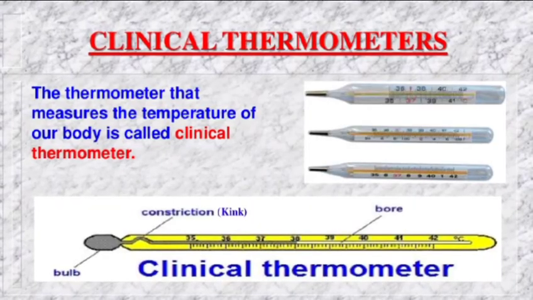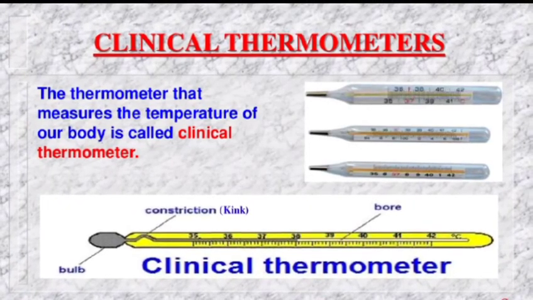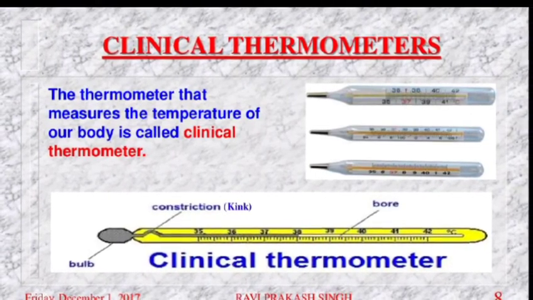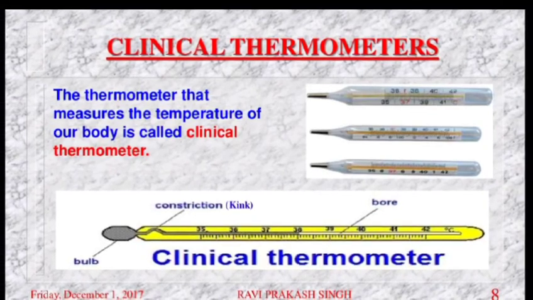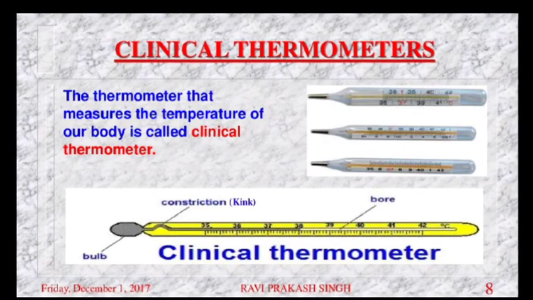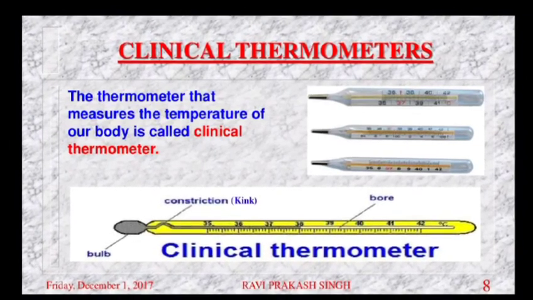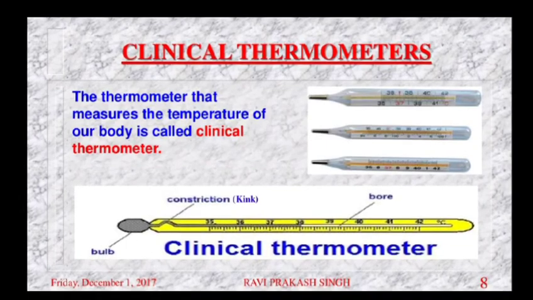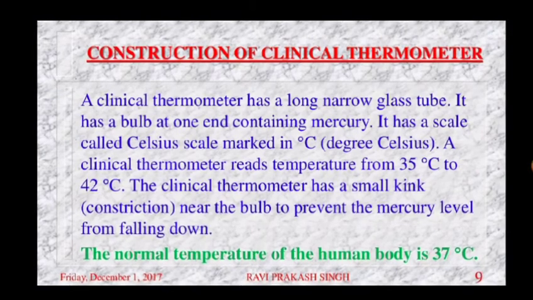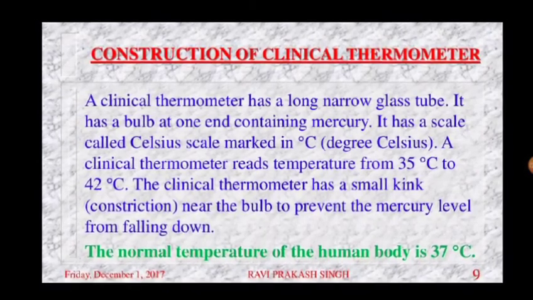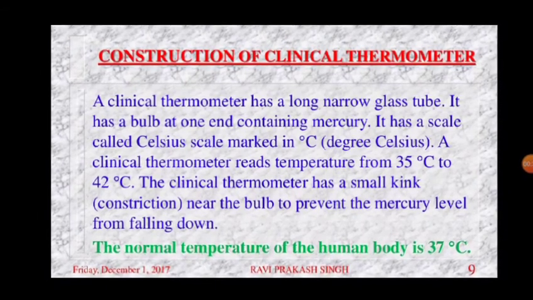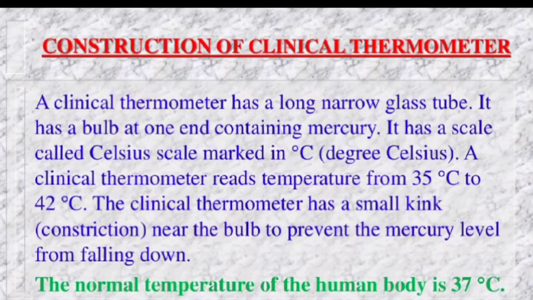Then talking about the types of thermometers, firstly we have a clinical thermometer, which is used obviously in the clinics. Basically, a clinical thermometer is used to measure the temperature of a human body and it is also called a doctor's thermometer. So coming to its construction part, a clinical thermometer has a long, narrow glass tube. It also has a bulb at one end containing the mercury. It has a scale which is marked in degrees